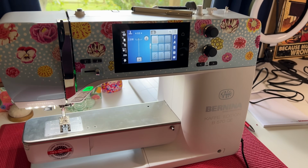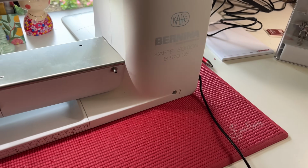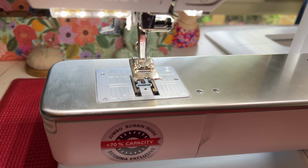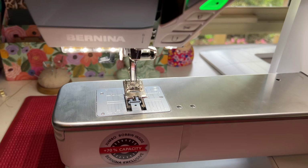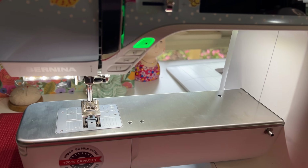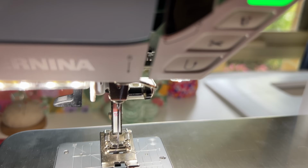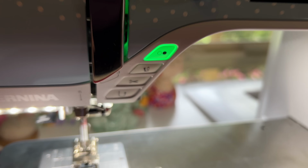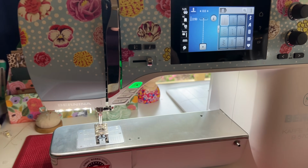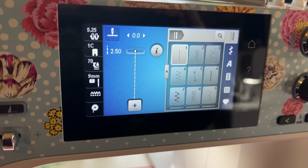And I've got a few things to do as far as programming in the foot pedal. You can actually program it so you can hit the back of it and it will do a lift of your presser foot and needle up and down. You can program all of that into the actual foot pedal. As well as that, there's a knee lift option, which I haven't delved into as yet, but I love the thread cutter and that kind of thing, which I've never had before on a machine. Of course, the old machine didn't do all of that, but can't wait to delve into a lot of these